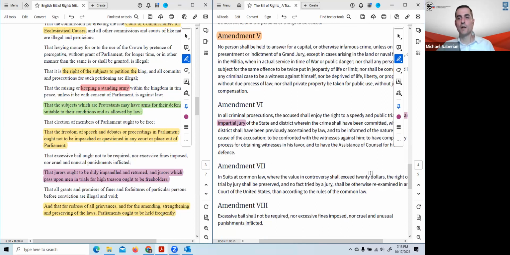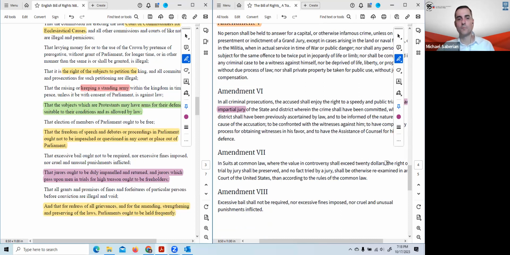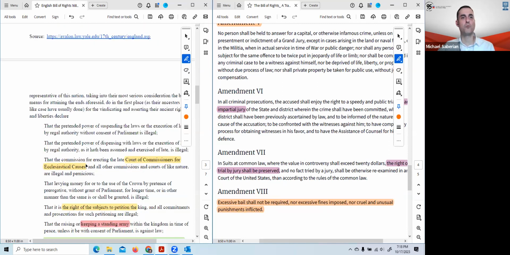Amendment 7, that in suits at common law where the value in controversy shall exceed $20, the right of trial by jury shall be preserved. This is not stated in the English Bill of Rights, but it is a common custom. Now, for a jury trial of a civil suit, $20 is roughly equivalent to, figure a dollar is about $75 in today's money, actually far closer, so let's just say $1,200, just to make the math easier. Then here you have the one for excessive bail, excessive fines, and cruel and unusual punishment. Okay, so your Eighth Amendment right there